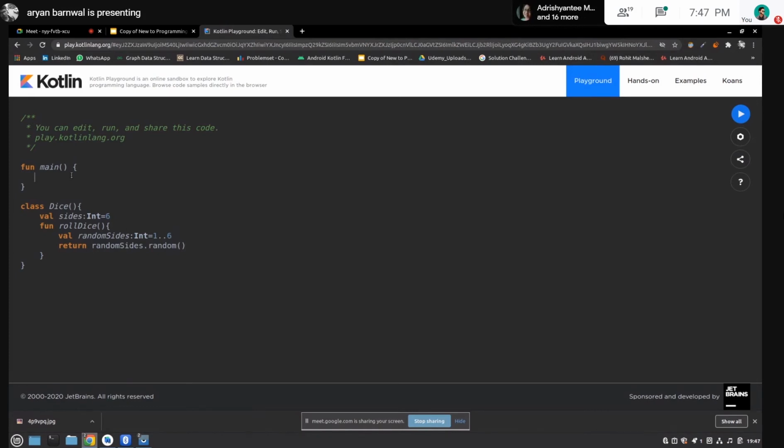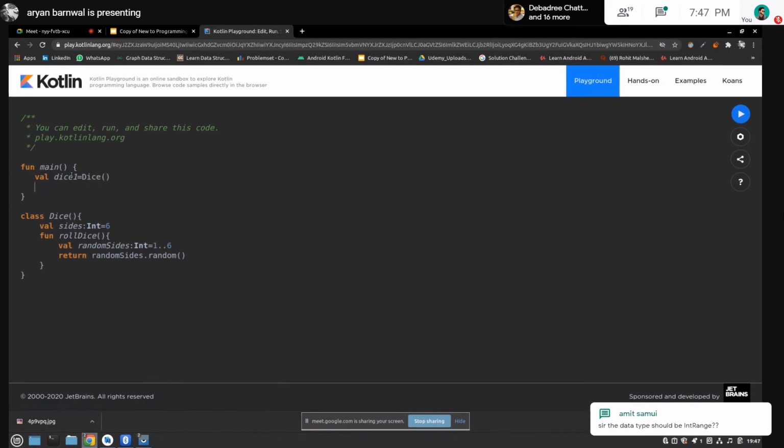For classes, we have to initialize an object first. So we will initialize it there. Val dice1, sorry, dice1 equals dice. Okay, so if you want to print something here, let's just roll the dice.